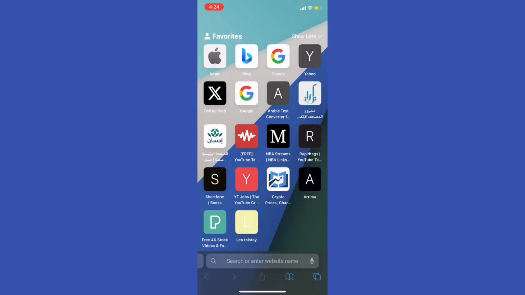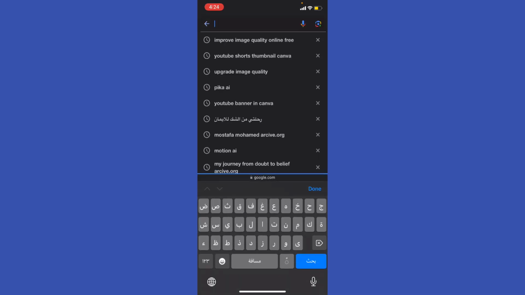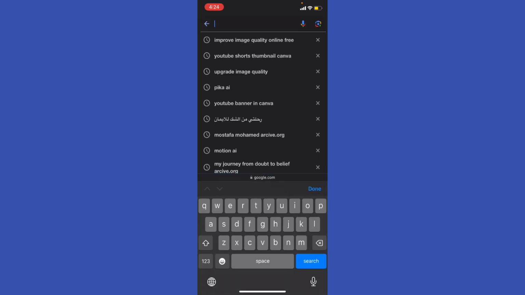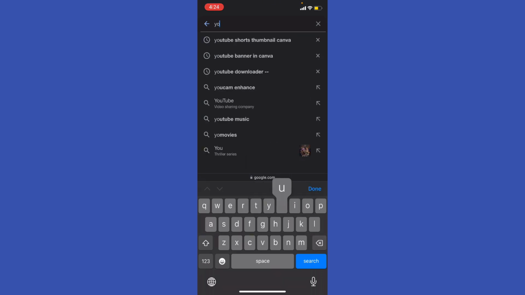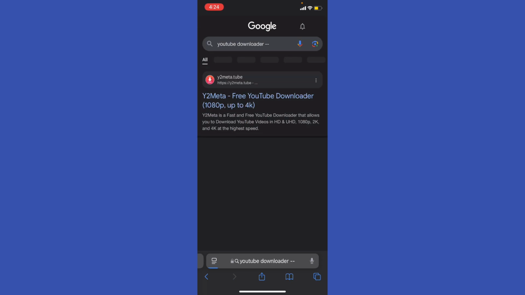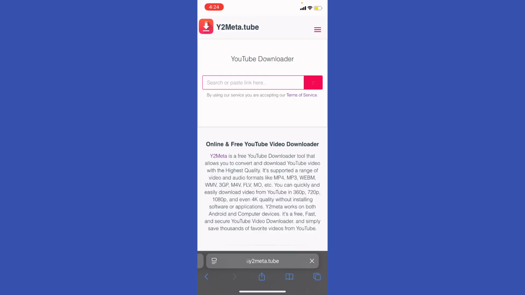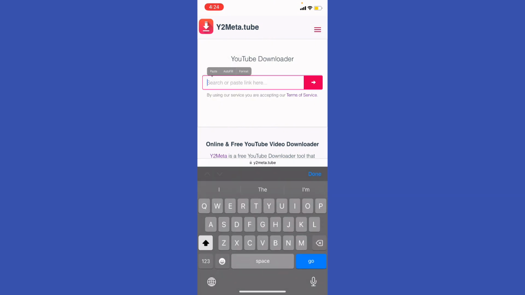and open up your browser, and then you're gonna go ahead to your favorite browser, favorite search engine. In my case, I'm gonna use Google. I'm gonna just type YouTube downloader, right? And then you're gonna go ahead to the Y2 meta and then paste the link that you just copied,